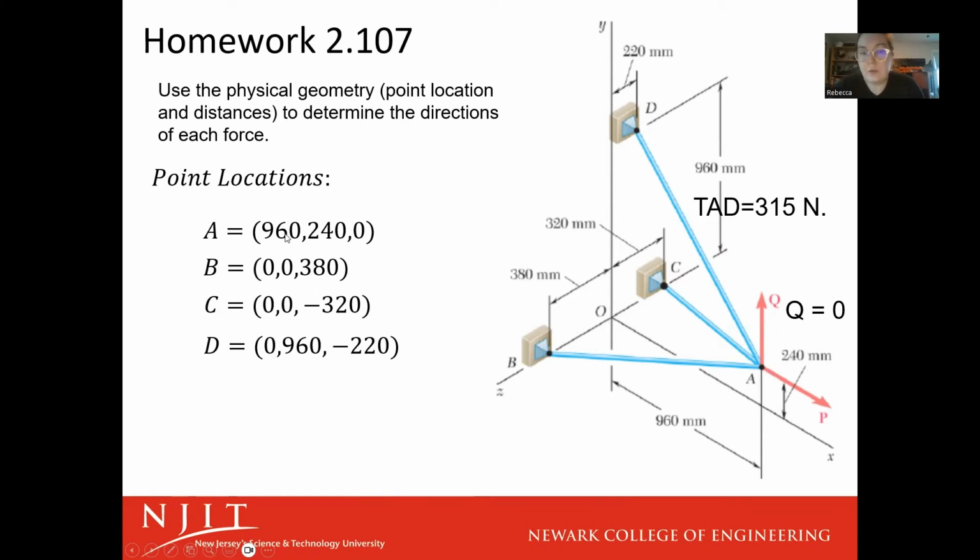Think of these points as an x, y, and z location. So these are all their x, y, and z locations. C equals, again on that z-axis, only negative 320 this time: negative 320, 0, 0, negative 320. And D is along, where is D? D's up here. D is on the YZ plane, which means it has a 0 x value. We're not moving in this direction at all. 0 x value, 960 Y value, and